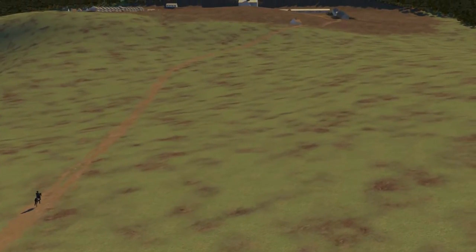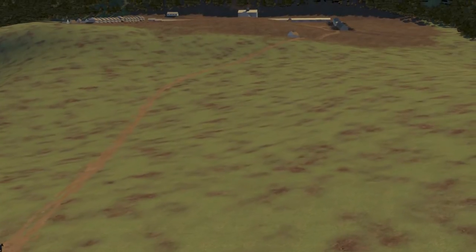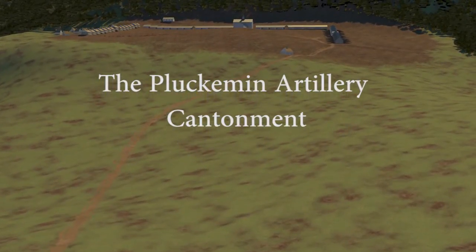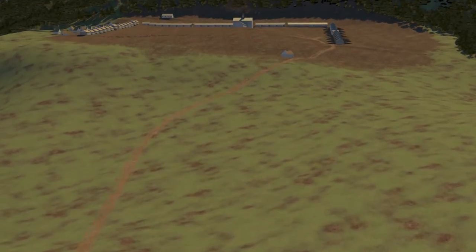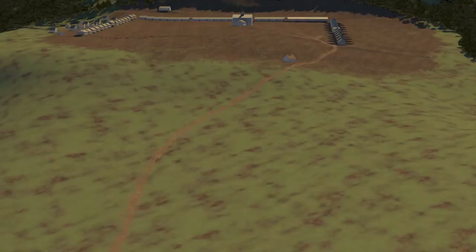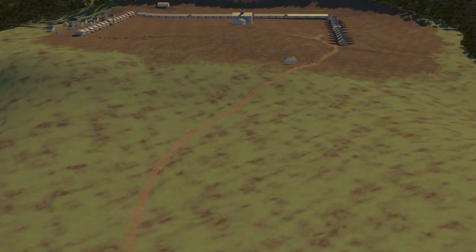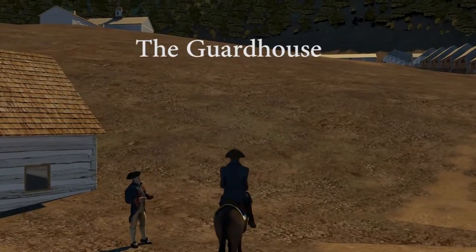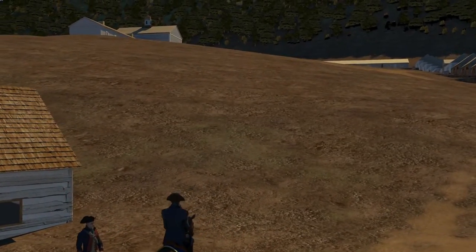Approaching the crossroads village of Pluckemin, Knox could see the looming Second Watchung Mountain to the left. At the base of the hill lay the quarters of his artillery. Drawn up like an E stood on end were the 5 main buildings of the cantonment, and parade grounds lay between the buildings. On the trail leading into the cantonment, General Knox had a guardhouse constructed to control access to